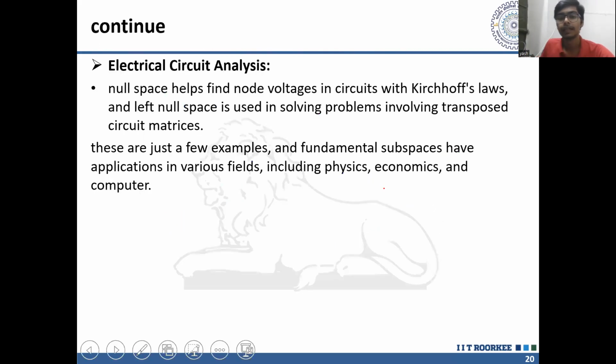Okay. Another example we can see is in electrical circuits. Basically, null space helps to find the node voltages in a circuit with Kirchhoff's law, and left null space is used in solving problems involving transposed circuit matrices, where we can use the null space for finding the voltages. These are just a few examples. There are many huge applications of these fundamental spaces, which help us understand how the bigger things work. It is a basic and small thing, but it helps to understand bigger things better and how